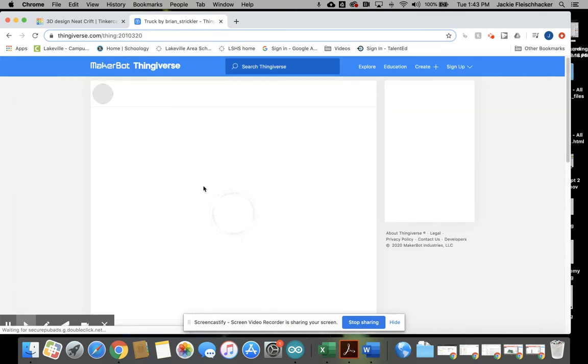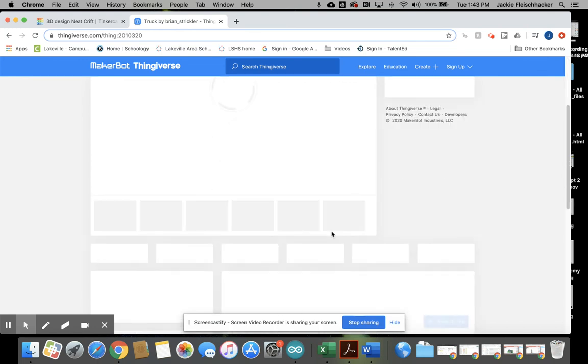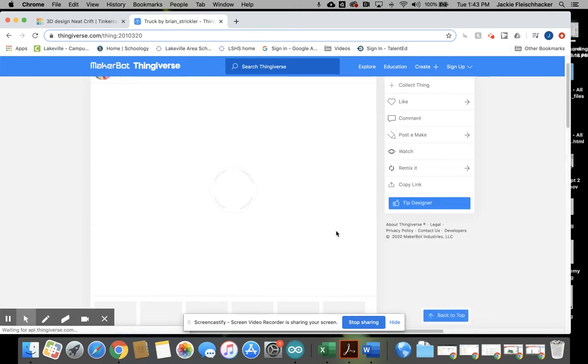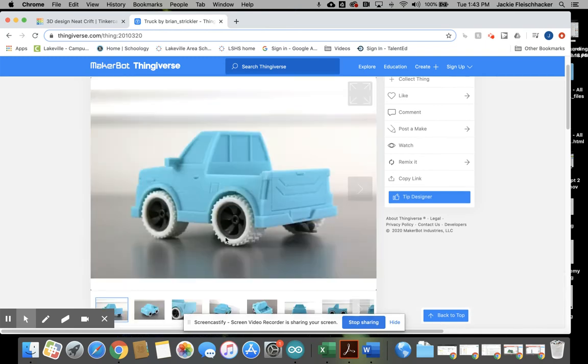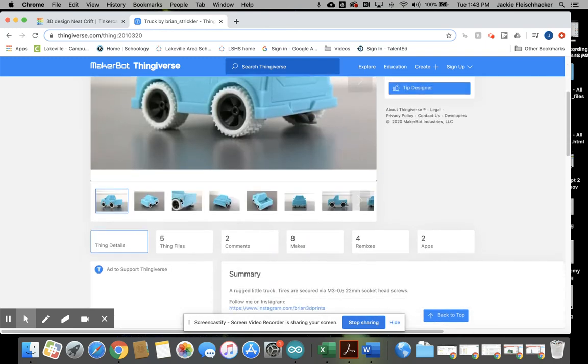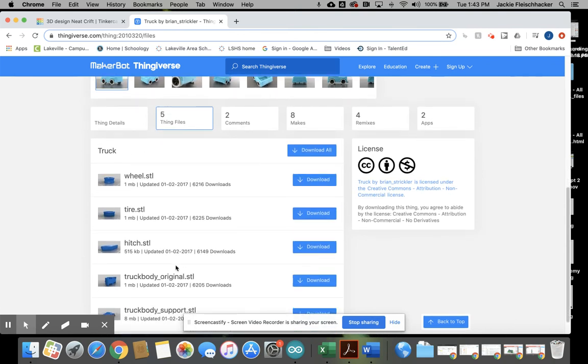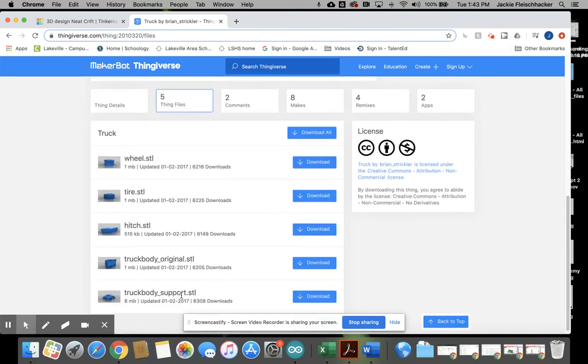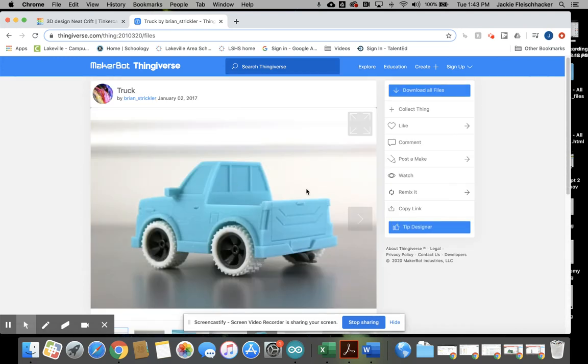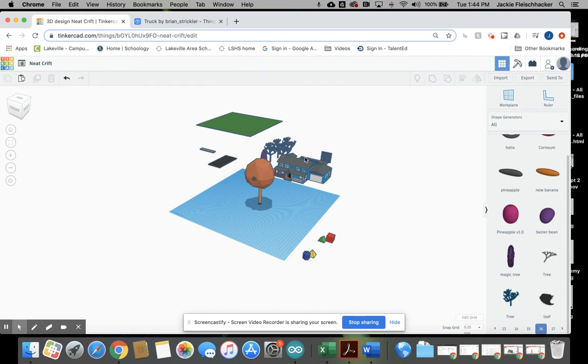So same idea. Either my internet or Thingiverse might be really slow right now. But they usually show you all the different pictures. This one has 5 files, so it has the wheel, tire, hitch, truck body, truck body support. So you could download them individually. If you just want to have a truck without wheels sitting there, you can do that and drag that in. But that's another option for you to add more things to your house and everything here,